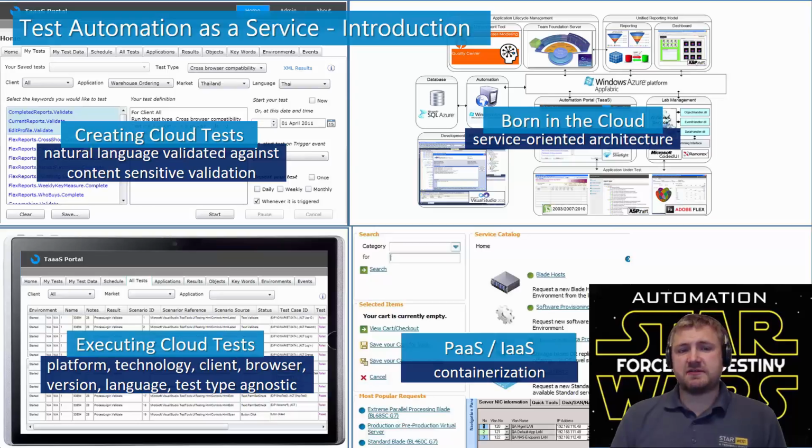Equally, we were able to trigger and schedule this as part of continuous delivery, or per check-in, or at a particular time in the day to be run. Equally, we looked at building an easy to use portal to see what the actual tests were doing, and how they are running on the environment across a number of different instances.